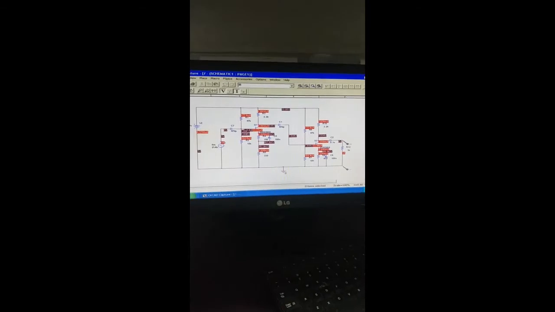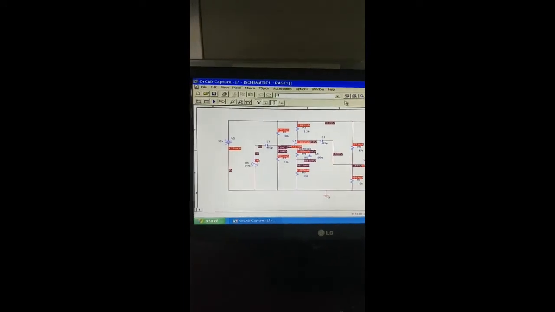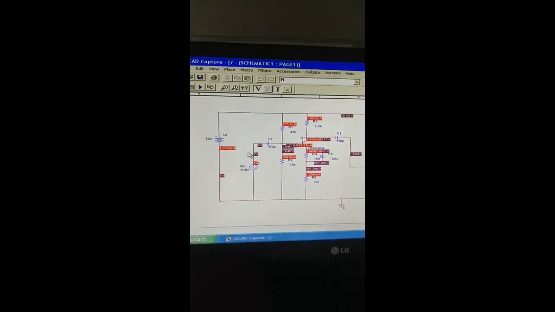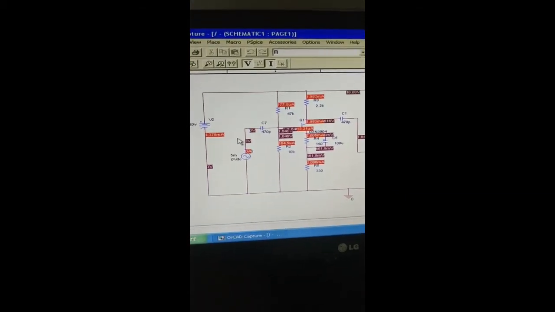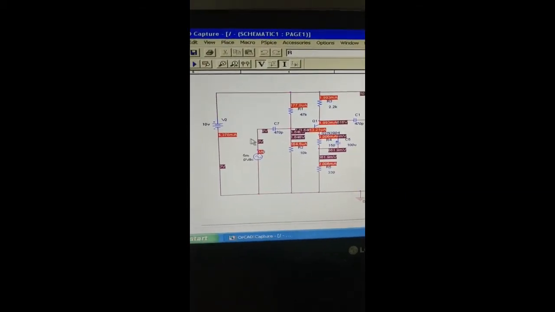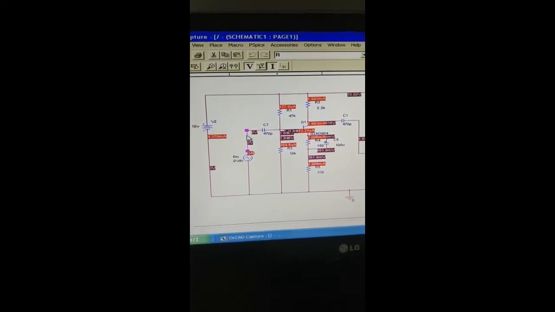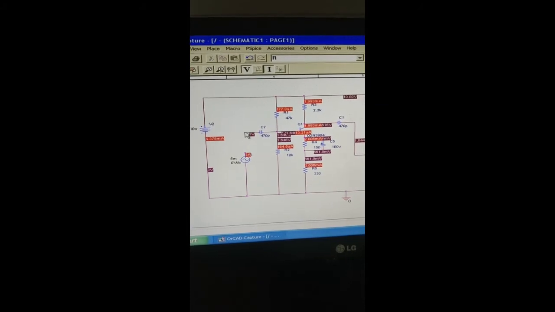Now we have to find the value of input impedance. In order to find the value of input impedance, we are going to connect a variable resistor in series between VAC and the input capacitor. So just select this wire and delete it.